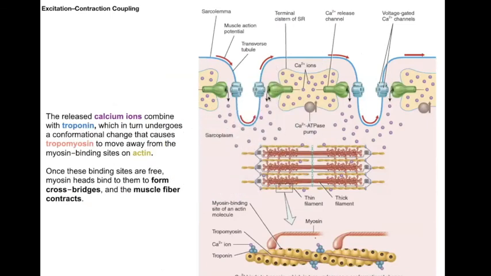So here we go, big picture, zoom out. Action potential comes down, voltage gated calcium channels open up. Somehow they interact with your calcium release channels of the sarcoplasmic reticulum. Calcium is released, spills out all over here, binds to troponin, undergoes a conformational change, causes tropomyosin to move away. Cross bridge formation happens, pivot, power stroke, muscle fiber contracts. Everybody see the whole sequence of events right here?